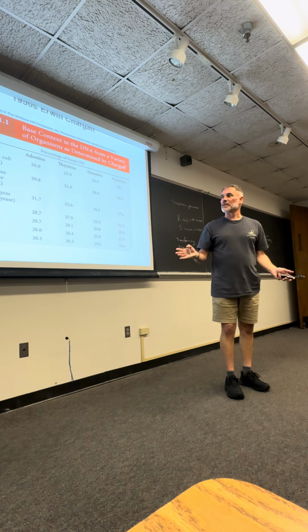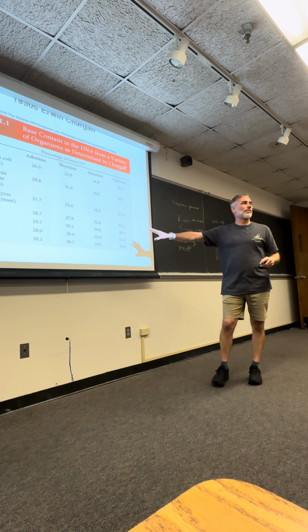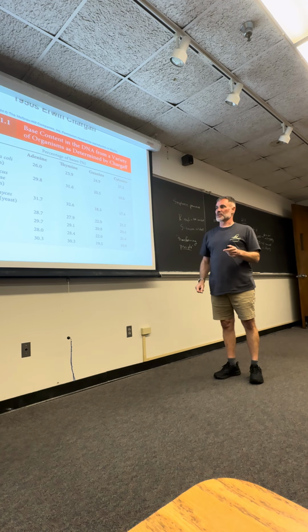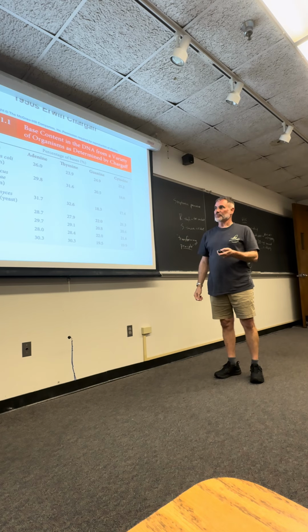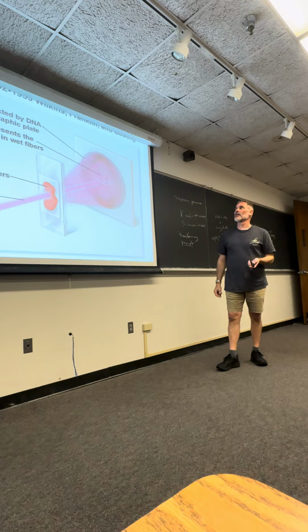That's not what it meant. This was prior to understanding the double helix. So his rules were this ratio. Okay, the importance of that ratio, though, was that Watson and Crick were able to use data from